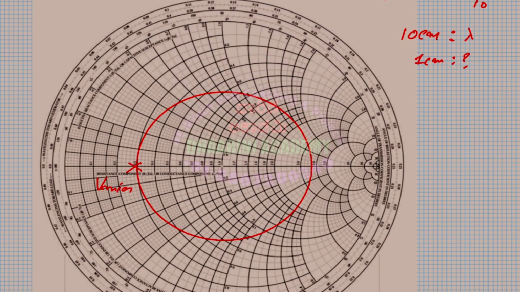So what do you do? Simply draw a line here. Simply extend this V min outside. Okay, so I get a line. Measure the point here. So this value, I'm going to move outside because I'm moving towards the generator, right? So this value is 0 lambda. So point out where is 0.1 lambda. Okay, so this is 0.01, maybe